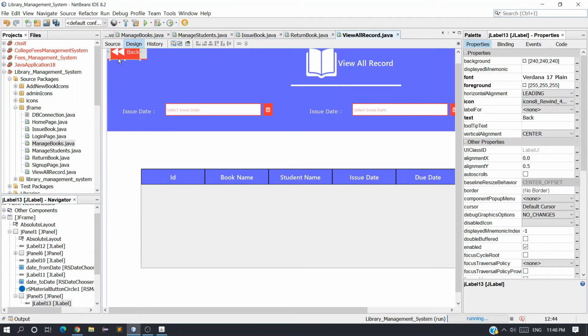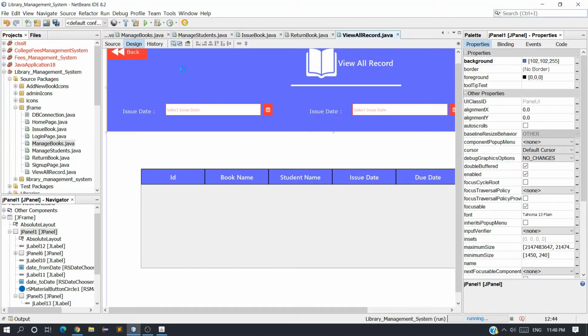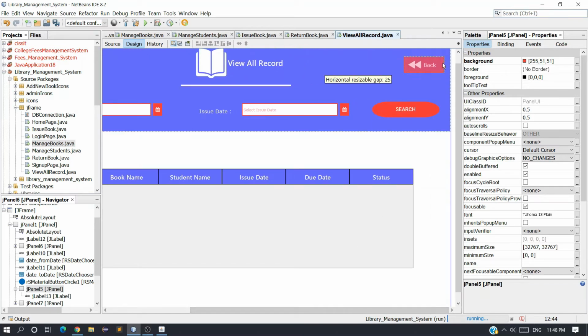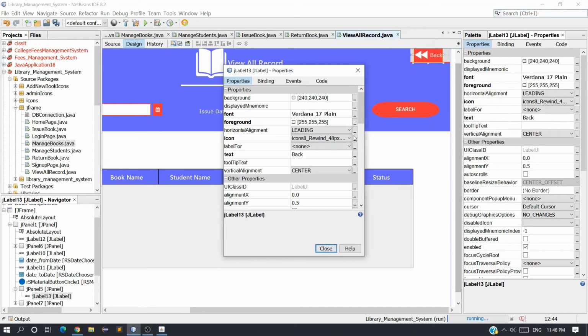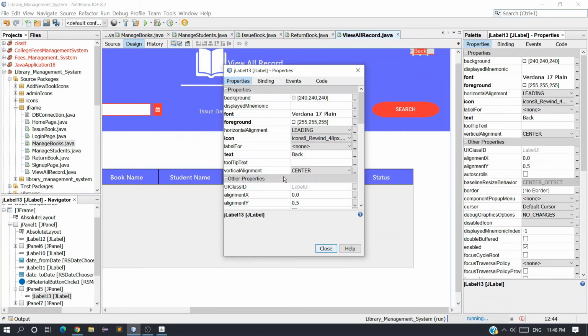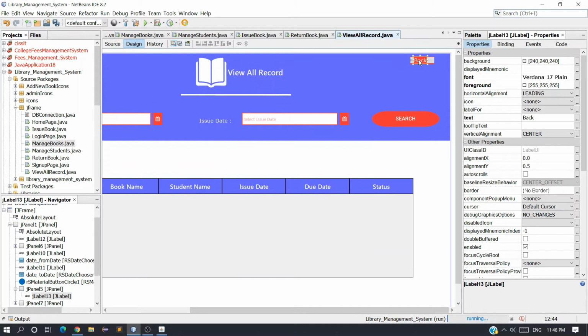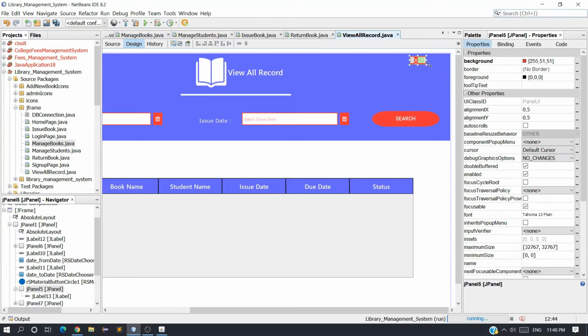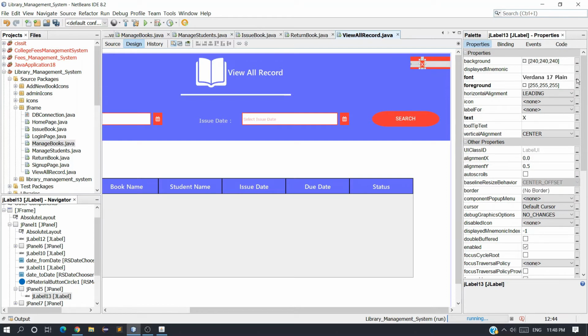Just copy this one, Control C and Control V, and take this to the corner. Take this to the top and remove the icon, and I want to select none, done. Okay, and change the text to X and also increase the size of the label font.